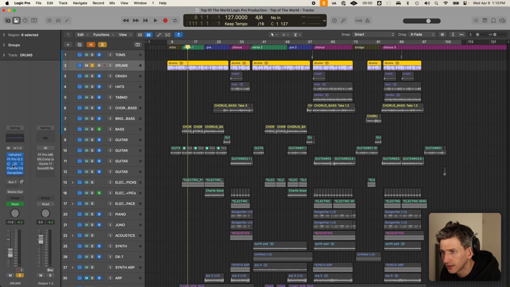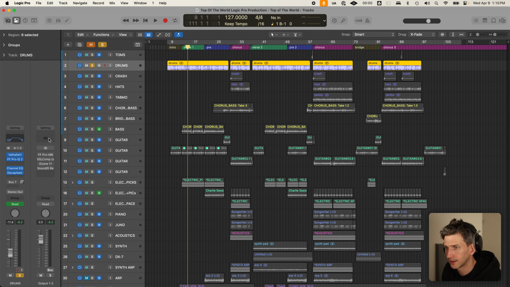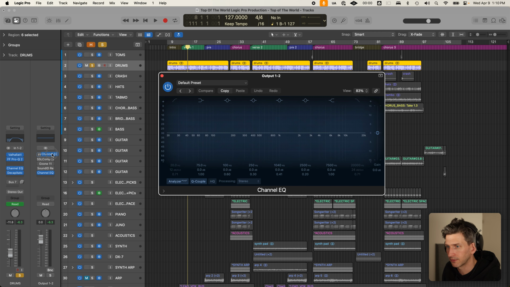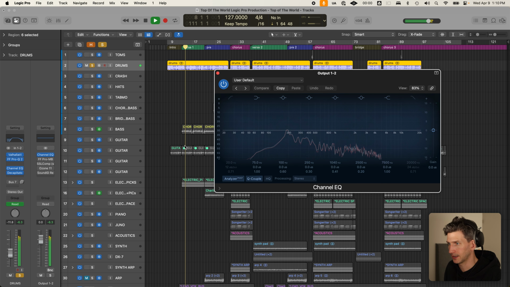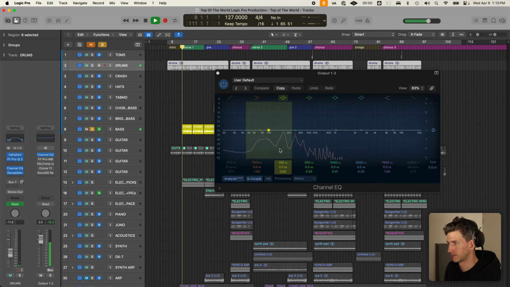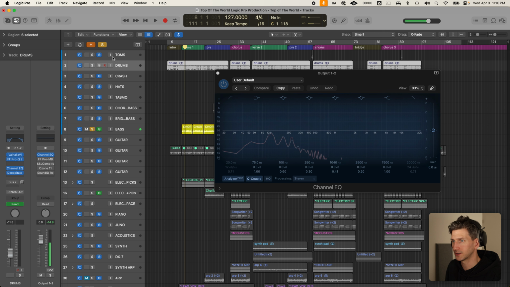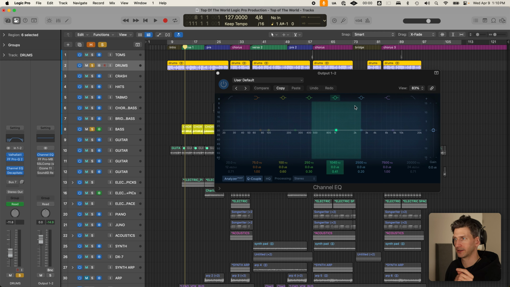And actually, thinking of it now, I'm going to put this on the stereo out so everything goes through there so you can see it. So we have lows, okay, we have bass, also low. So they're sharing the same space. Does that mean with EQ you need to have only one thing in that space? No, you don't. It just means